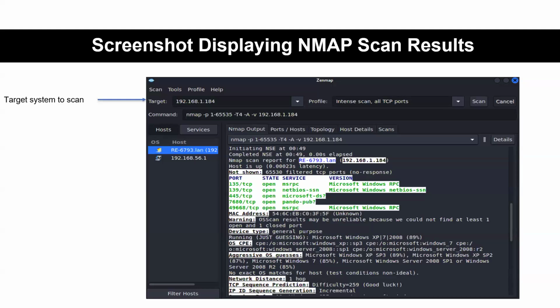So for instance, you can see here this is my target machine IP address, 192.168.1.184. And then I ran